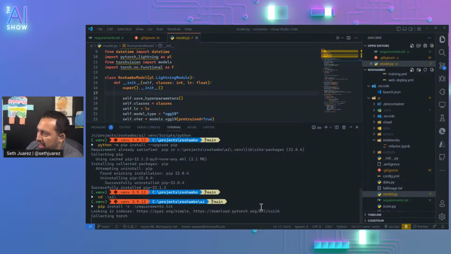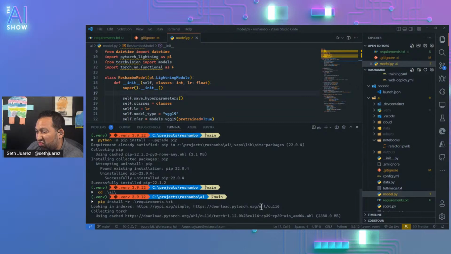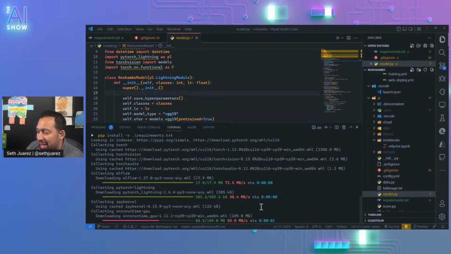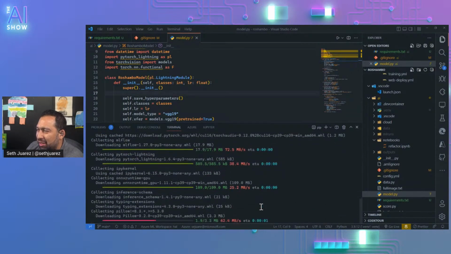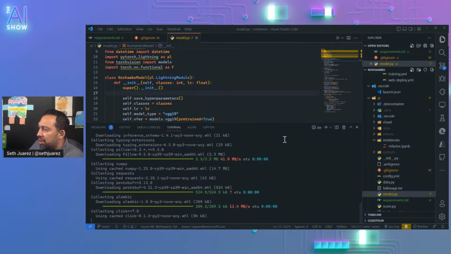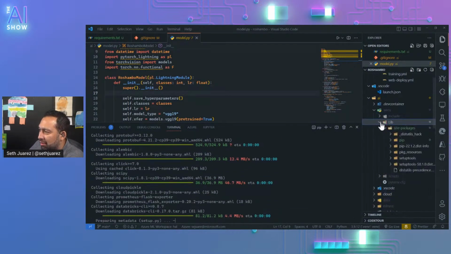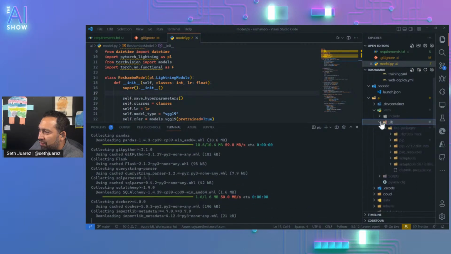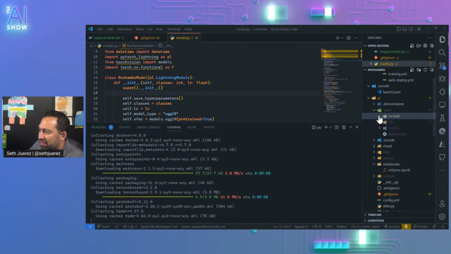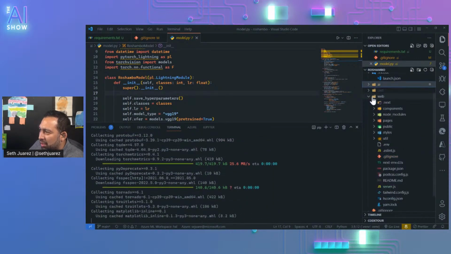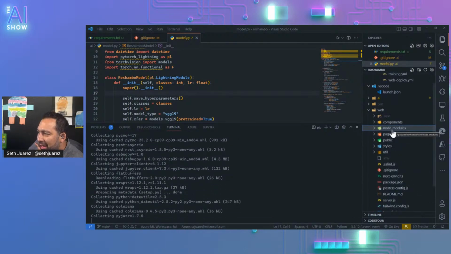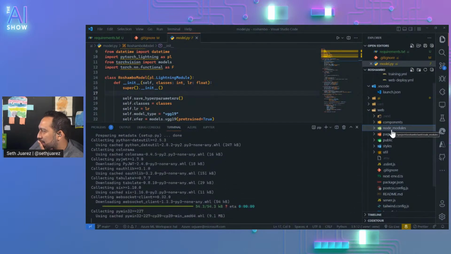I liked Conda environments before. I used those a lot, but Conda environments put them in like a mysterious place. And I like virtual environments better because it feels like a Node kind of thing. You know how this virtual environment literally has all the packages and stuff. You see that? Almost like Node, right? You see how there's all these node modules and stuff, and it's just in there. I'm kind of leaning towards I like that better.